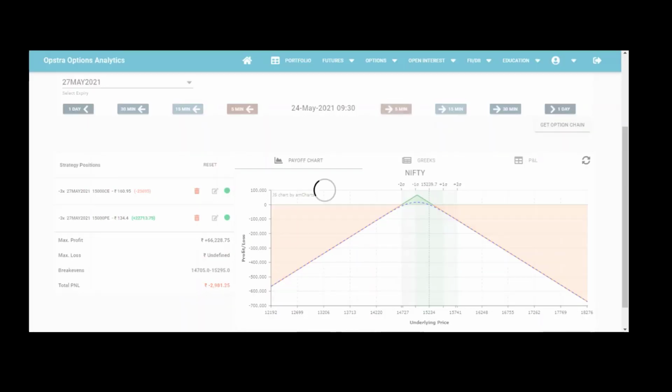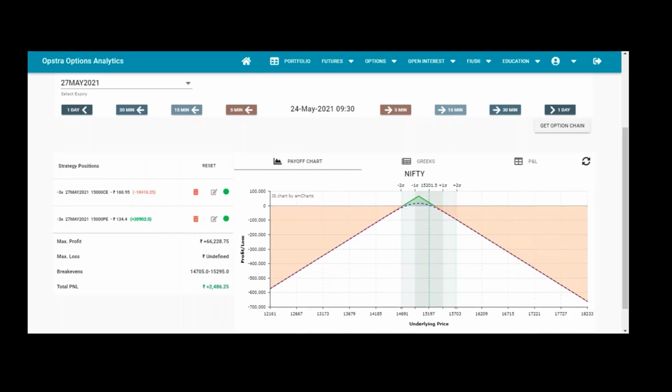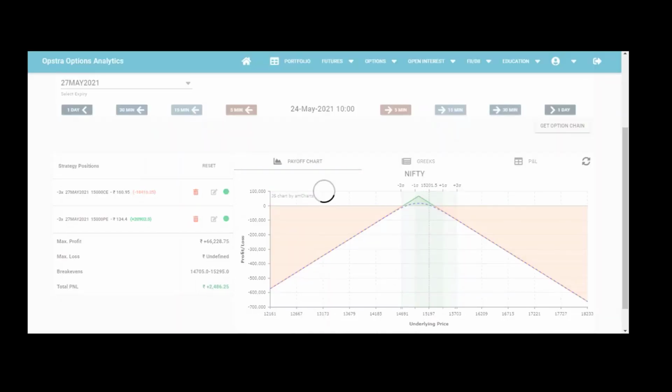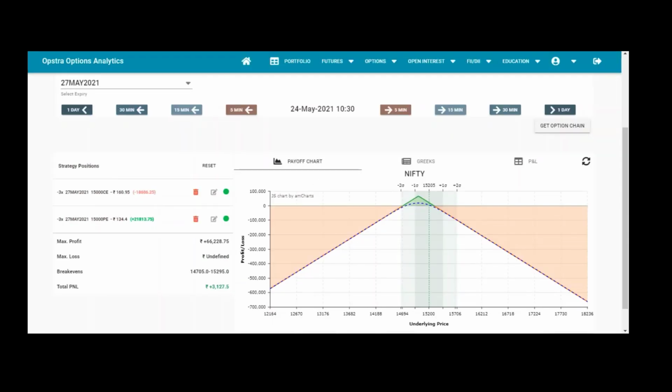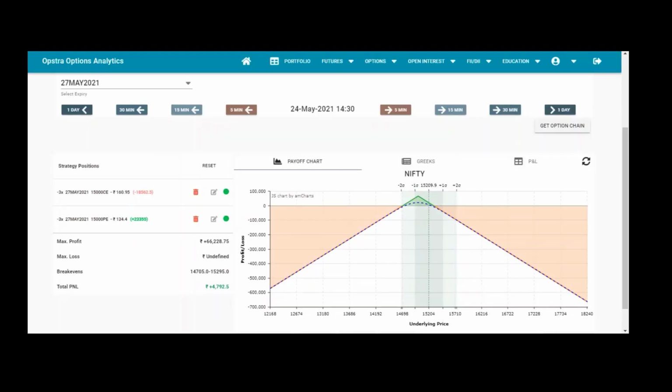So we are in the loss of 2,900, and you see within 5 minutes from 9:25 we are in the loss of 2,000, almost 3,000, and after 5 minutes we are in the profit of 2,500 almost, right? Means the market bounced back. So let me go 30 minutes ahead and see how the market moves. Our target is 10,000 rupees. If I go 30 minutes ahead, I'm just clicking here, you can see the profit here.